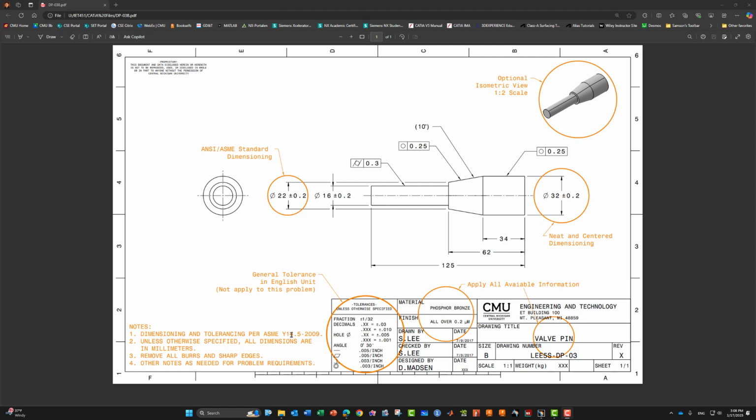Hello, this is a quick demonstration of drafting problem 3. So this is the layout I'm expecting. Obviously, there's some more information you need to put in the drawing, such as the default note. If you look at the first page of a drafting problem, it shows there's a note we like to keep in the drawing. As I provided a template, make sure you keep